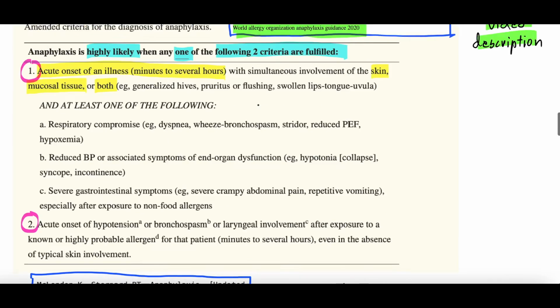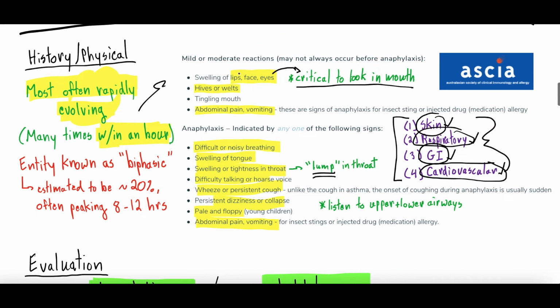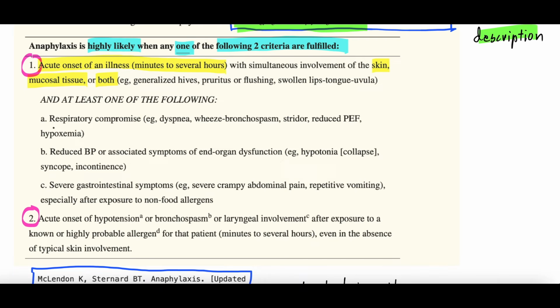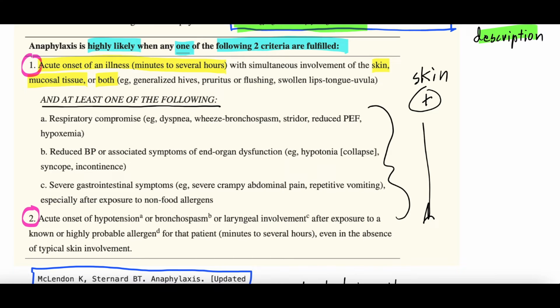So this is things that we've talked about. Swelling of the lips, face, eyes, hives or welts, tingling in the mouth. So any involvement of the skin, and then at least one of the following. So it's kind of skin involvement plus, and then plus one of the following. And that can be either respiratory compromise, shortness of breath or dyspnea, wheezing when you listen to the lungs, stridor when you listen to the upper airways, hypoxemia or low oxygen levels, or reduced BP or associated symptoms of low